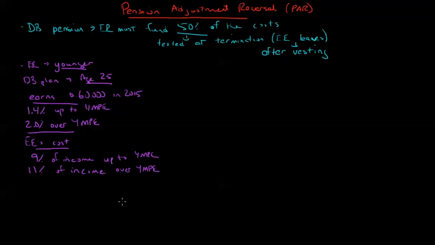And you may want to go back and review how YMPE impacts on our defined benefit pension here. The important thing is that this means we have two different levels of benefits accruing, one based on that YMPE, which in 2015, YMPE is $53,500. So basically, related to this 1 year of service, if we just carve out this 1 year of service, then we can see